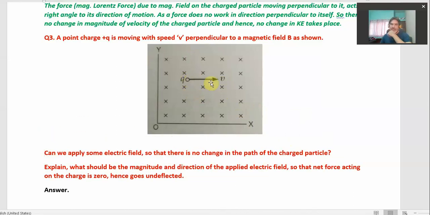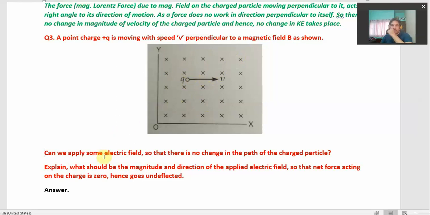the charged particle has velocity perpendicular to the magnetic field, because the magnetic field is perpendicularly inward to the paper, or we can say board or screen here, and the charged particle is moving perpendicular to the magnetic field. So there will be a magnetic Lorentz force, which we can write as F is equal to q into v into B. Due to that force, this positive charged particle will start following a circular path inside the magnetic field. So it will start changing its path along a curved path.